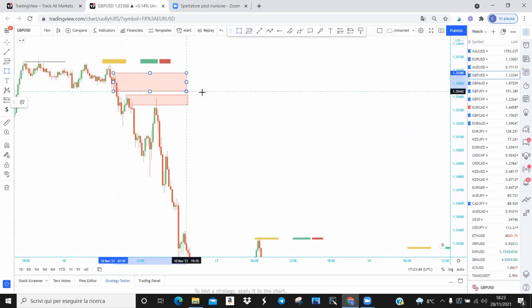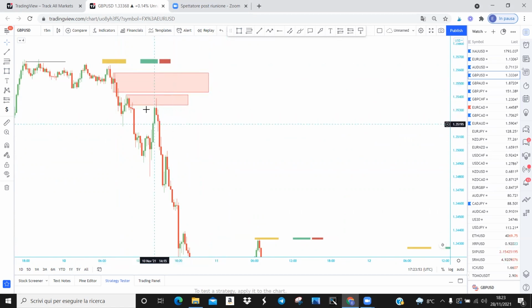So in this case, I would have looked for this supply. So I would have liked to see a manipulation of the lunch break order block, which was created right after London close, to this level to then continue. This didn't happen, and it would have been a missed trade for me. This doesn't mean that it doesn't work. This doesn't mean that next time you will not apply this concept, because many traders, and let me talk a minute about this,